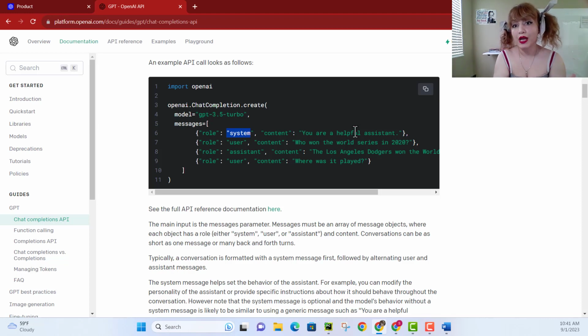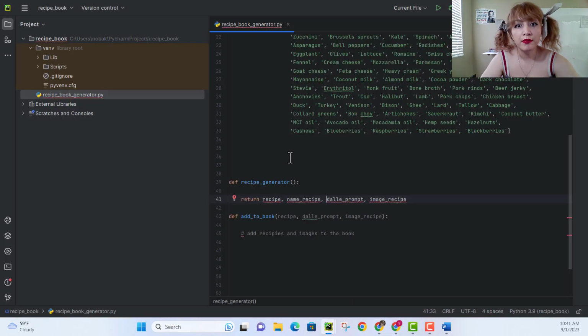to be. So here I'm going to ask ChatGPT to be my chef or a good DALLE-2 prompt generator. And then the user is going to be the user who is going to enter the ingredients for us, or basically in our app the user is just asking for a recipe from ChatGPT to generate based on certain ingredients, and the assistant can be an example for ChatGPT to follow. So I'm going to go back to my code here, and